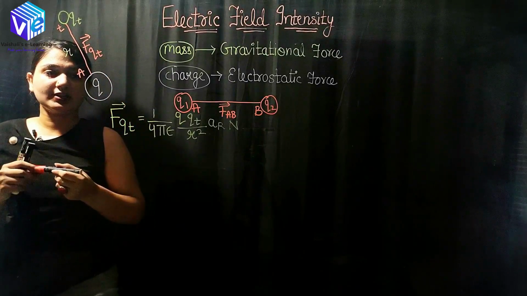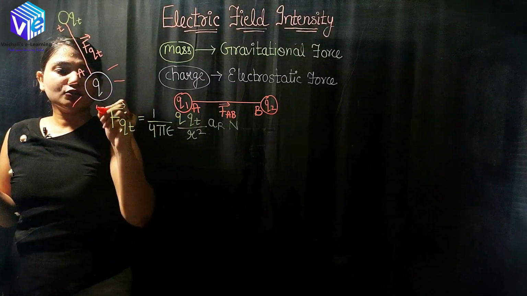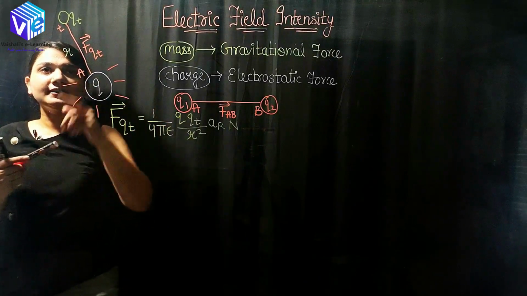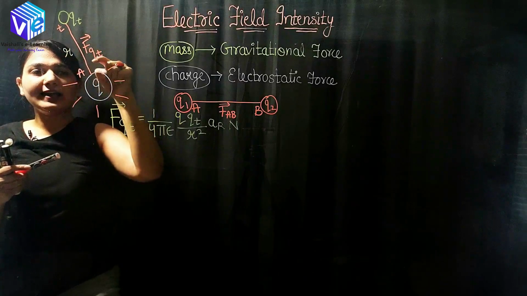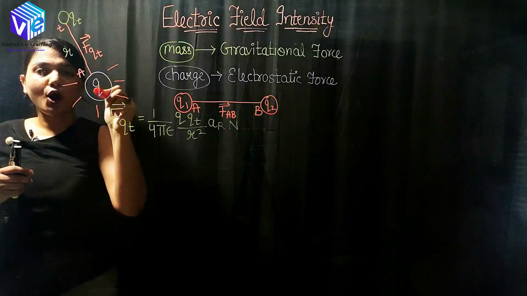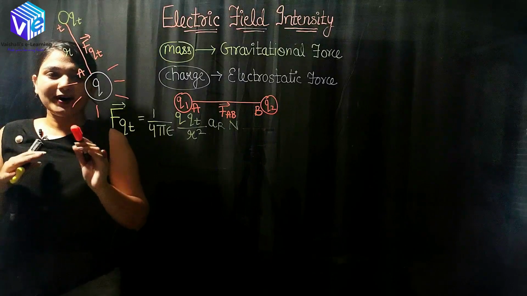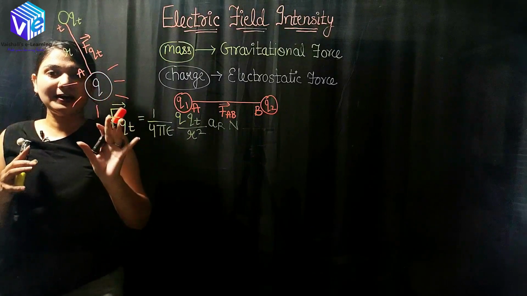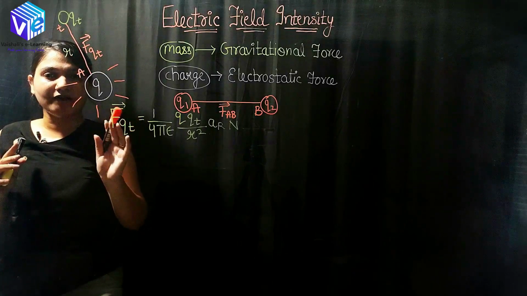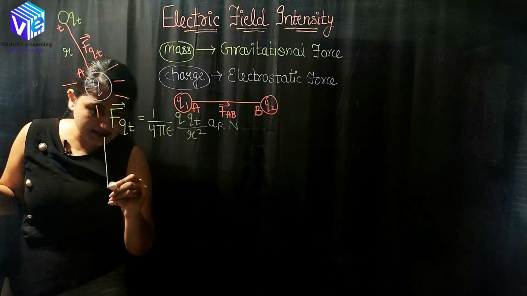So what is happening actually? The charge is producing some electric field surrounding it. Here we have the electric field of charge Q, and when another charge comes into the electric field of charge Q, it will exert some force, and that force we were computing with the help of Coulomb's law. So the electric field is the inherent property of a charge, and whenever we have any isolated charge, we will have its electric field.